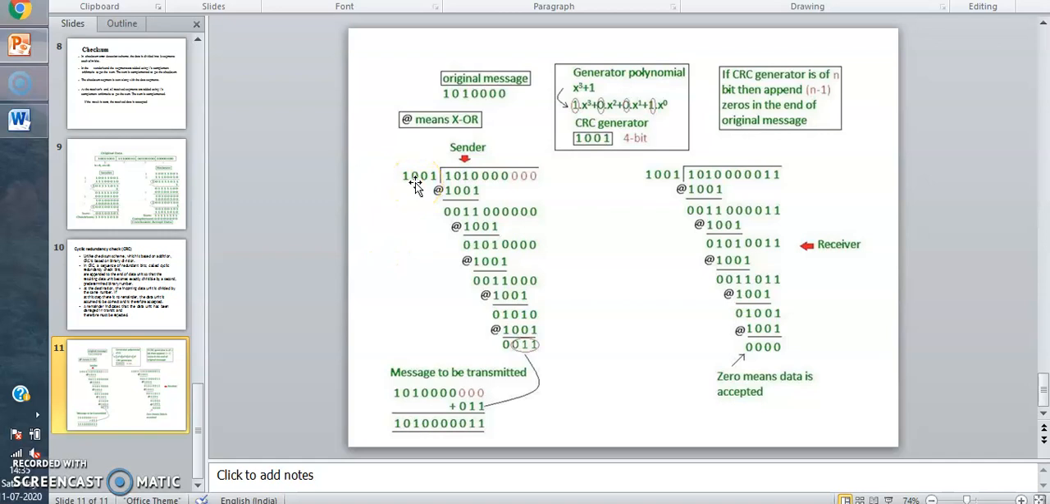So at the sender side, we need to keep 1001 to 101000. Okay. Next, add 3 zeros. Finally, the message to be transmitted is added to the original message. Okay. So here at the sender side, we didn't get all zeros. So we need to take this data to the receiver side, and again we need to do the division